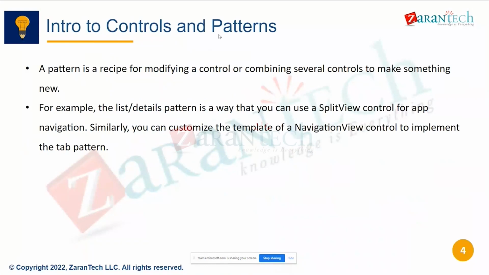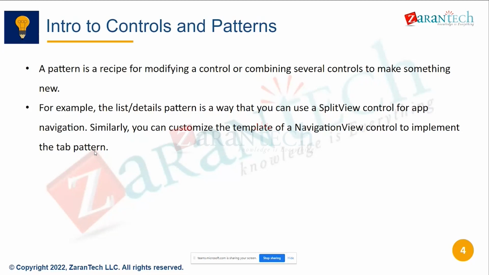So, intro to controls and patterns. A pattern is a recipe for modifying a control, or a combination of several controls, to make something new. When we place a number of controls within a form, it becomes a screen, and the same thing applies here. For example, the list-details pattern is a way you can use the split view control for app navigation. Similarly, you can customize the template of the navigation view control to implement tabs. So if you want to split, you can use the list and detail pattern instead of split view. Split view is a control where